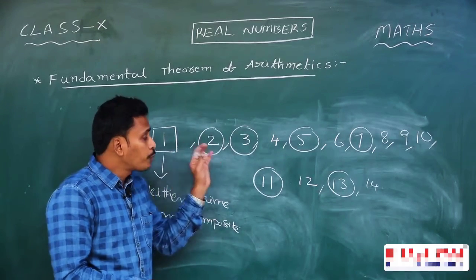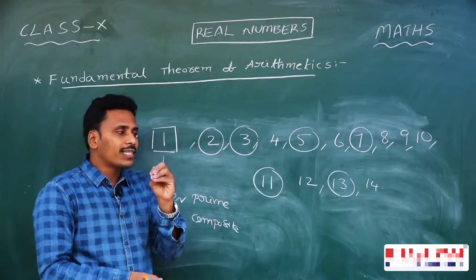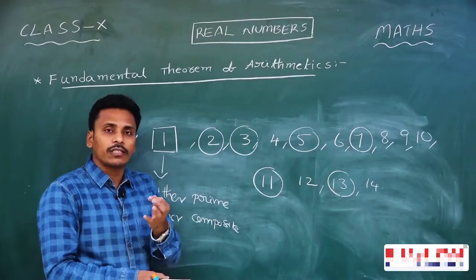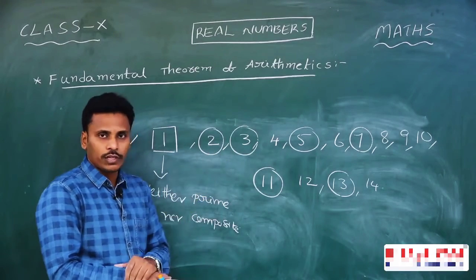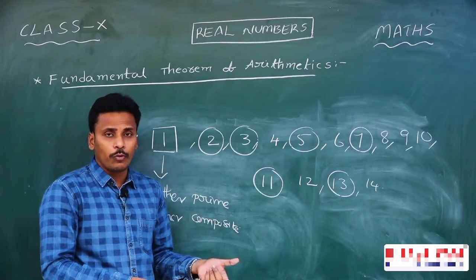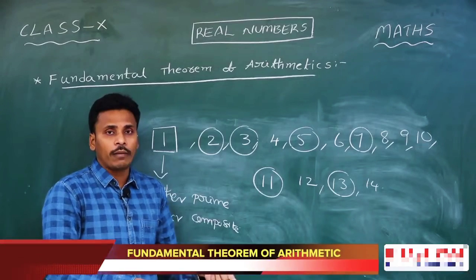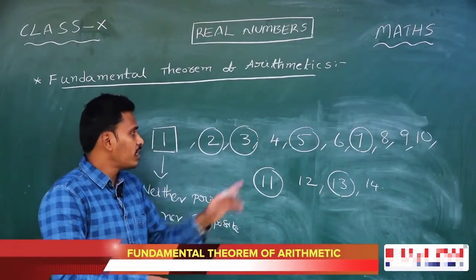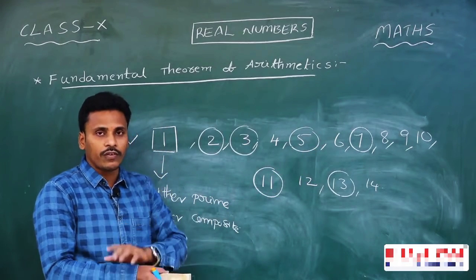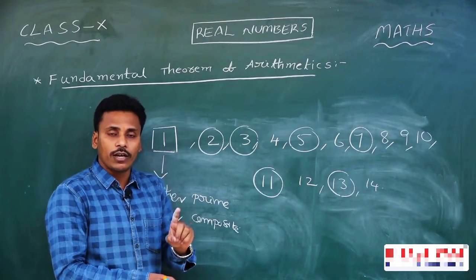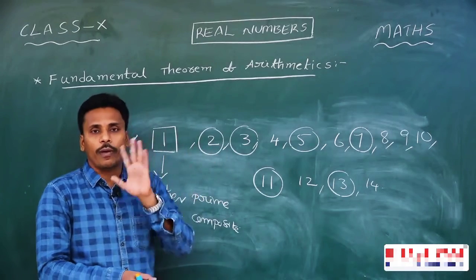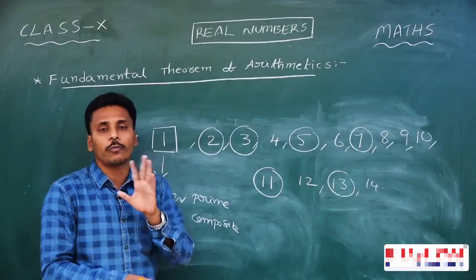And if you observe all these prime numbers, you may get certain observations. The first observation is that all the prime numbers are odd except 2. Is it right? Just observe it. Because every even number is a multiple of 2, so it can't be a prime, it must be composite. In the sense, every other prime number is odd. And 2 is the only even prime, and we say that 2 is the least prime also.